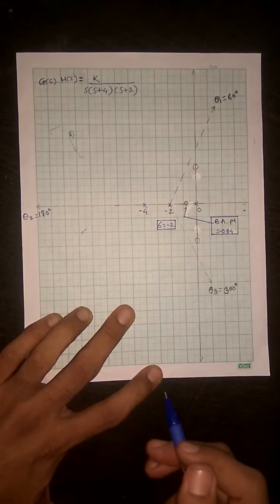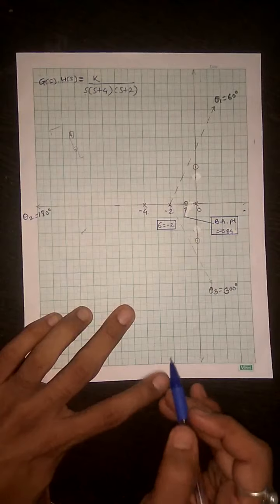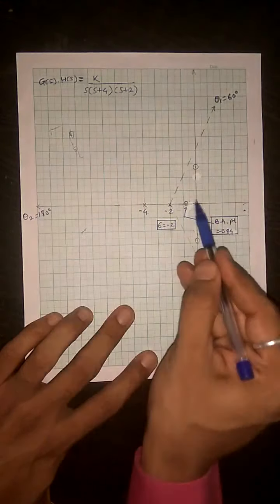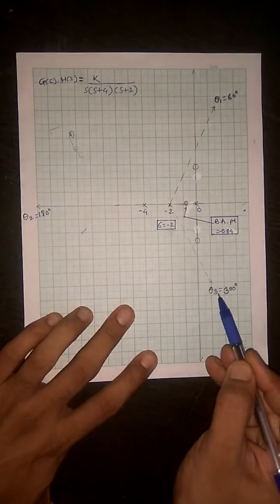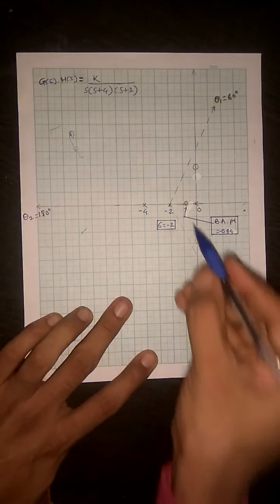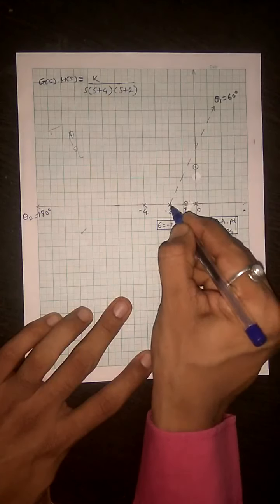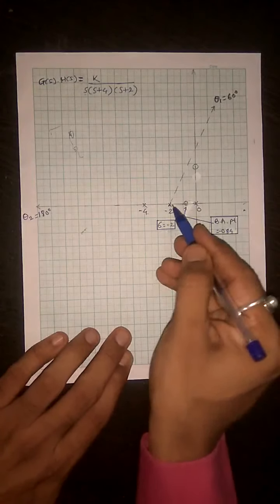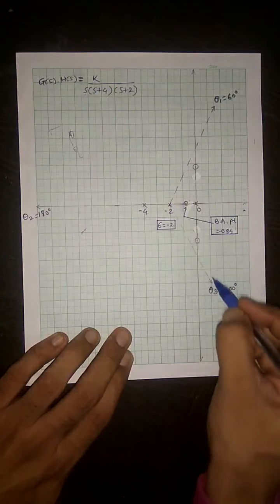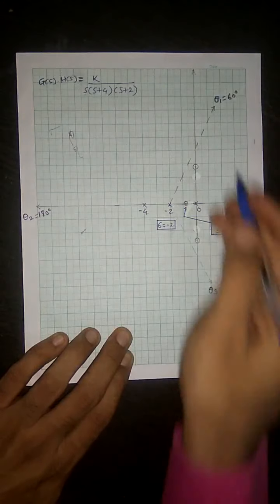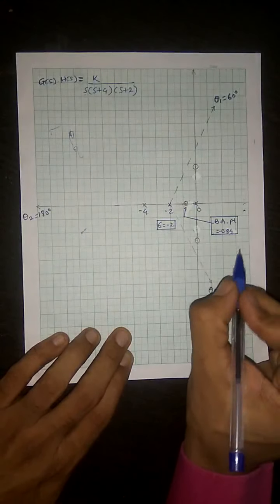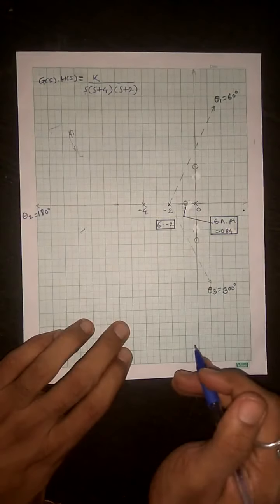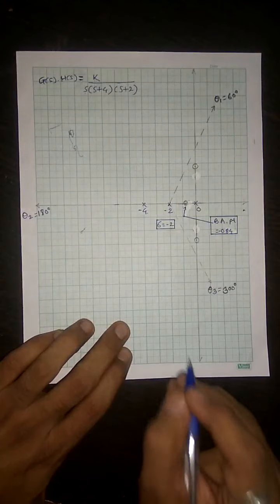Then we have calculated angle of asymptotes. There are three asymptotes. One is at 60 degree, then 180 degree and 300 degree. It should be drawn from location of asymptote. So location of asymptote was minus 2. So from this point show your different angles. So 60 degree, 180 degree and 300 degree by dotted line. These all parts are the constructional part. Okay, real part is only a root locus. So we have done with all the constructional part. Then write down actual root locus.